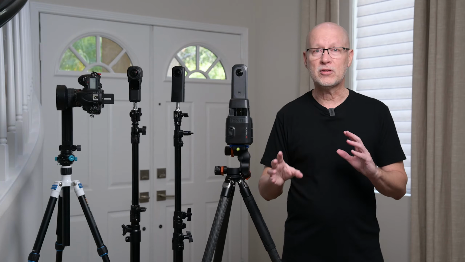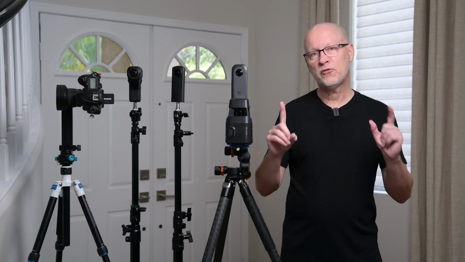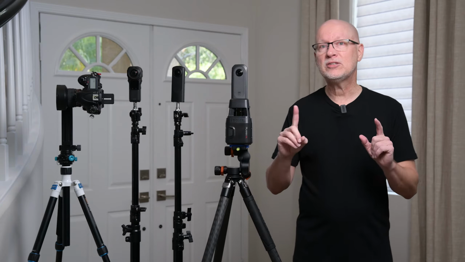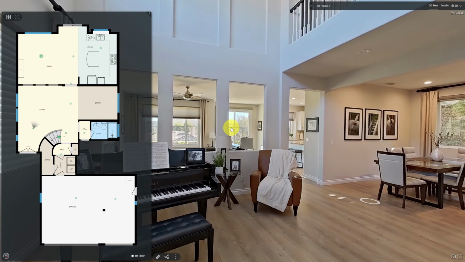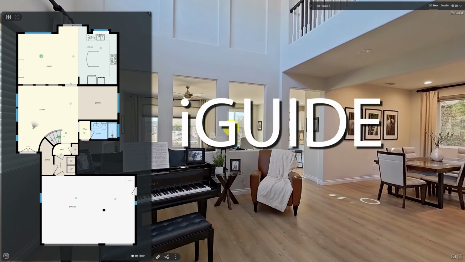You're also going to have a little bit of a difference of time on site. But first, before getting to that, let's take a look at some of the image quality of using various cameras on different platforms. So let's take a look at the image quality first of iGUIDE, then we'll take a look